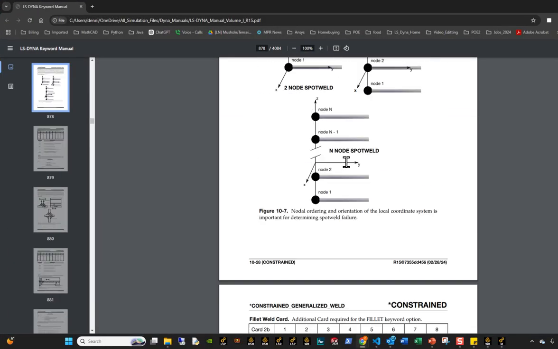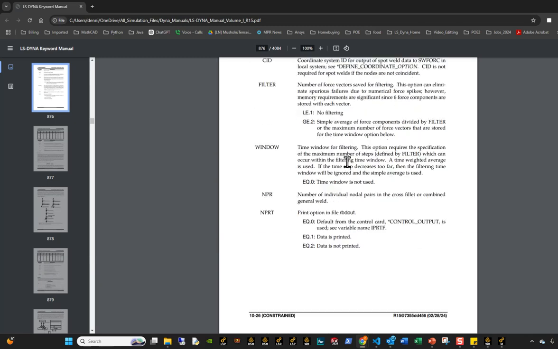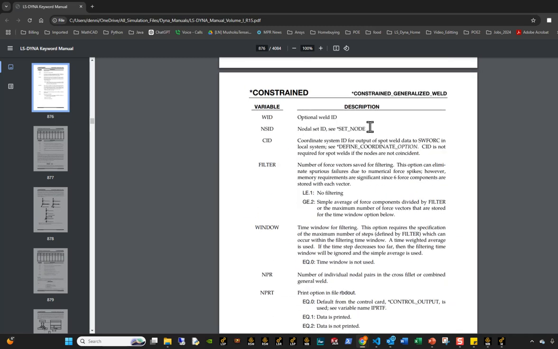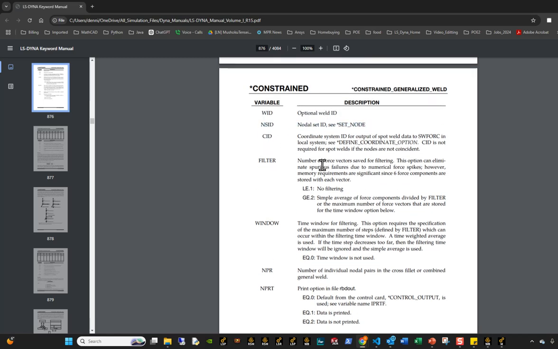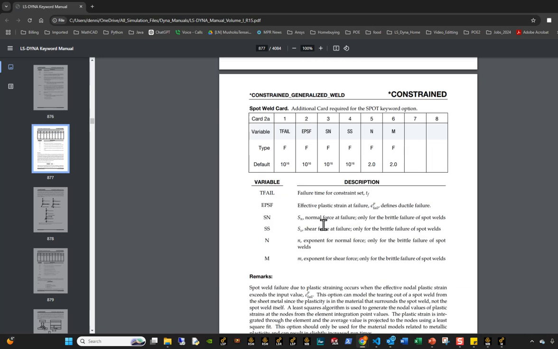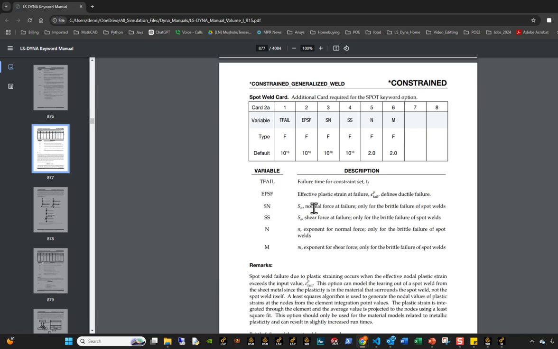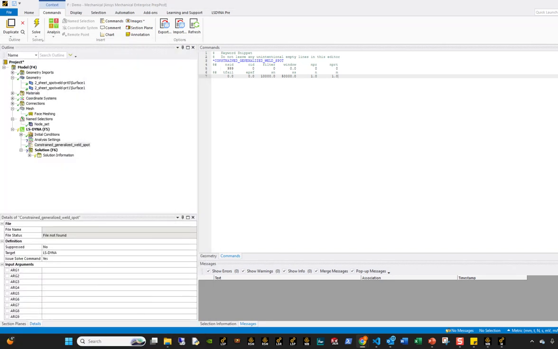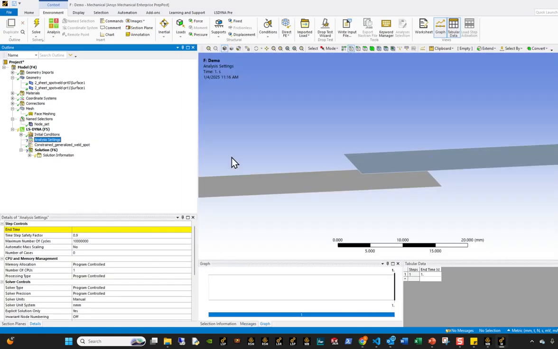So if we look at the keycard real quick, as you can see, the first keyword really doesn't matter that much. All we have to do is define a node set ID. Now we're gonna be using the default coordinate systems, right? Everything else leave it as zero as default. And then we're only setting a normal force and a shear force at failure. We're not setting any of the other parameters. You can certainly play around with those. But to demonstrate the idea of this functionality, similar to the last problem, I'm gonna go ahead and set these two parameters. And together, that's going to help us define the behavior of this nodal constraint, this nodal pair,